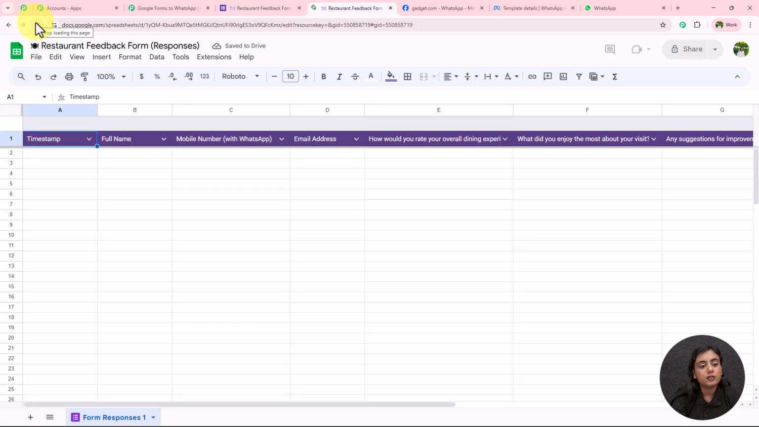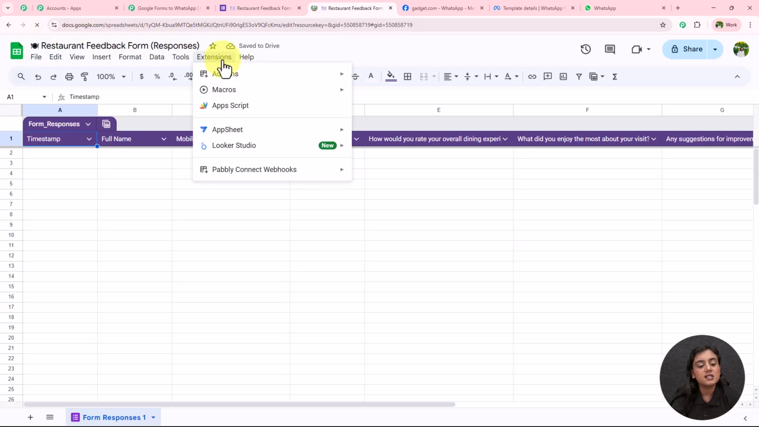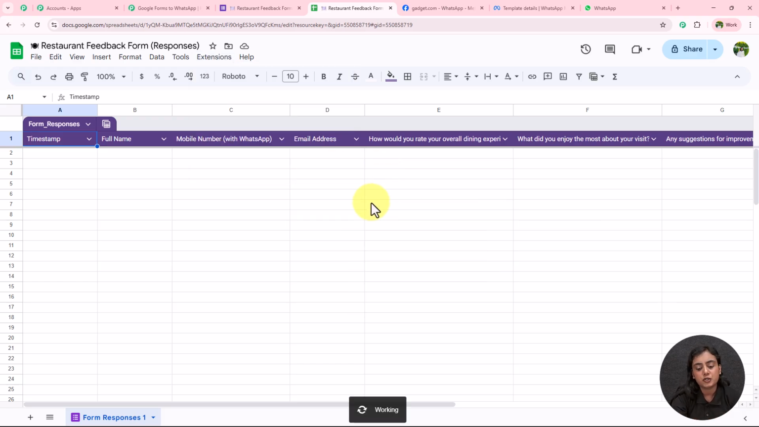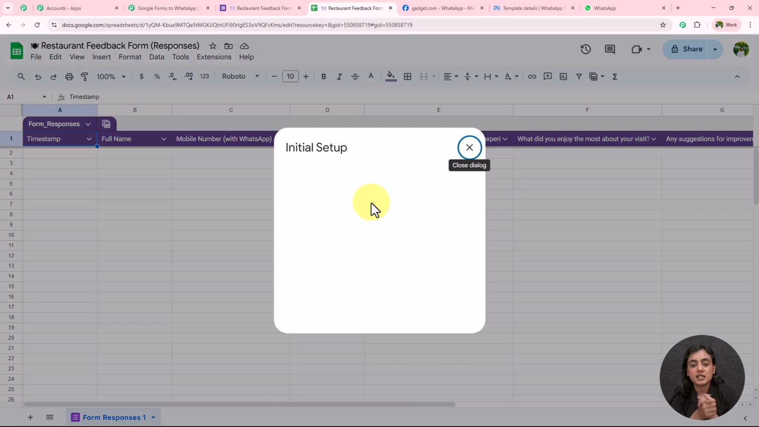As soon as I refresh the spreadsheet, go back to extensions, and now after refreshing you will find the option Pabbly Connect Webhooks right here, so you have to select it. Now in Pabbly Connect Webhooks, there are multiple options given. We have to first select this initial setup option right here, and then the initial setup dialog box is going